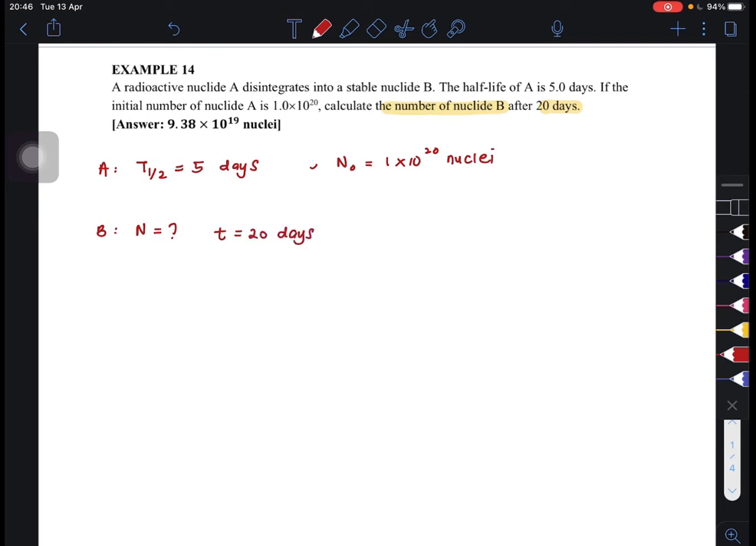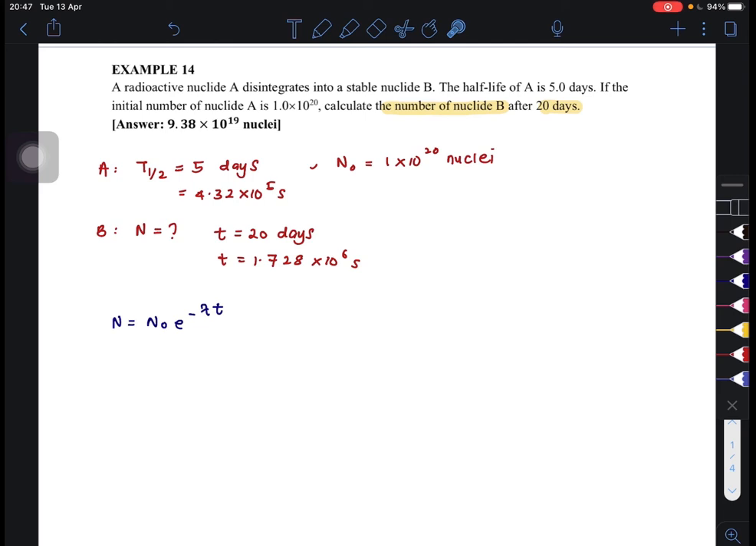Okay, so first of all, kita convert dahulu semua ni kepada SI unit. So 5 days convert kepada second will be equal to 4.32 exponent 5 second. And then 20 days convert to second, which is equal to 1.728 exponent 6 second. Okay, so since kita dibagi dekat sini adalah in terms of N, and then we want to find N as well, maksudnya kita akan gunakan formula N is equal to N naught E negative lambda T,